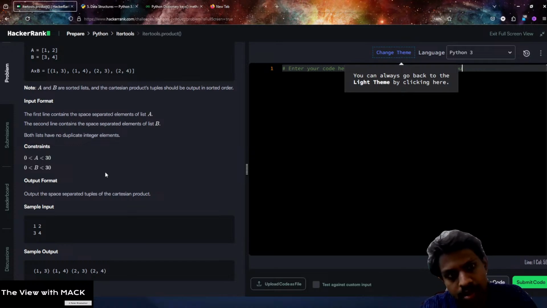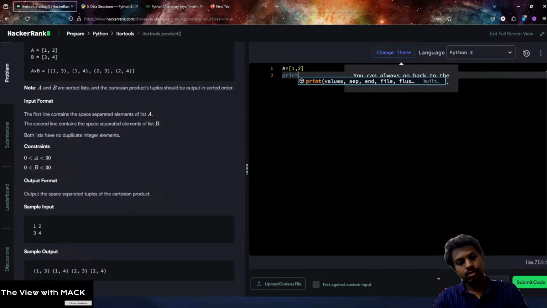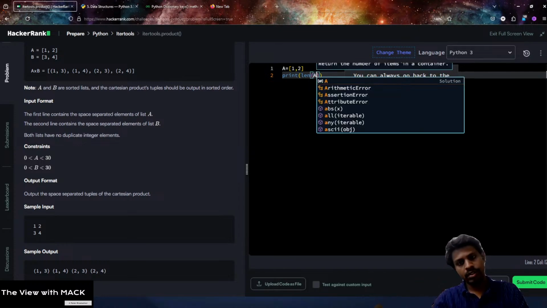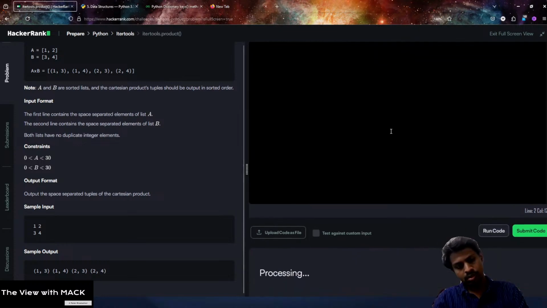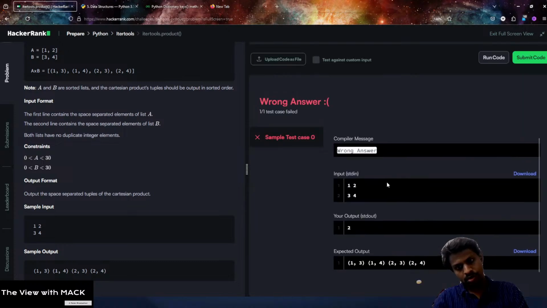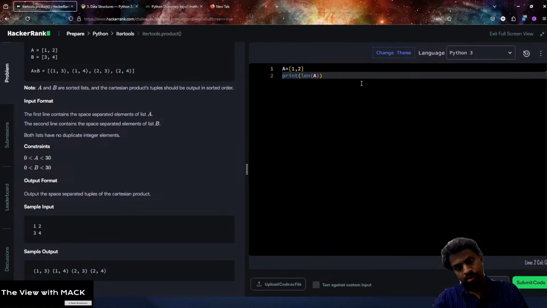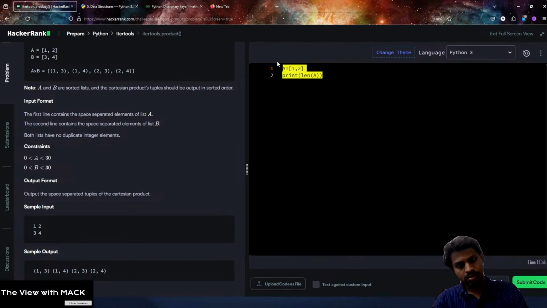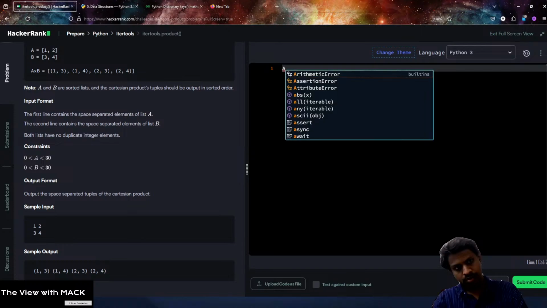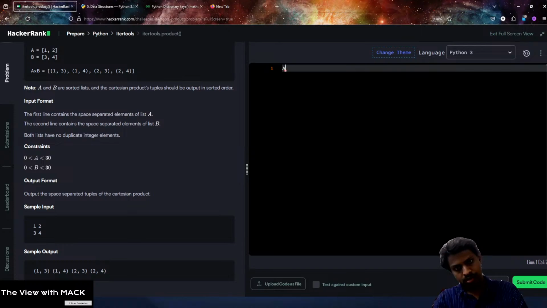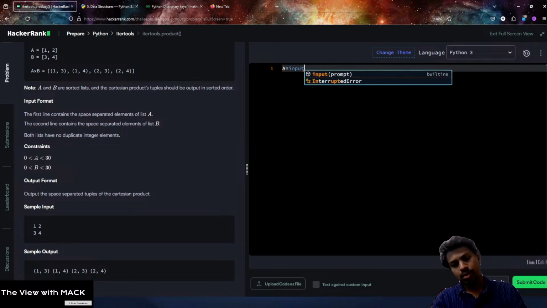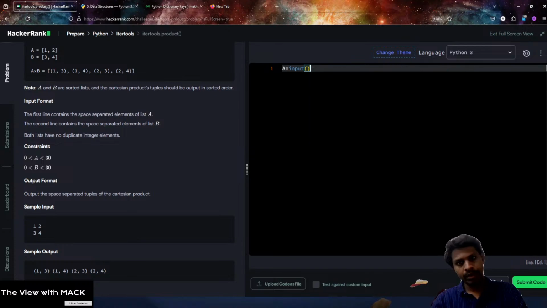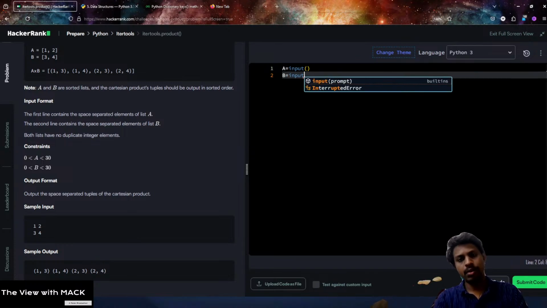Does list support len? a equals 1, 2, print of len of a. It does, which means that we can take input. A equals input of, b equals input of,